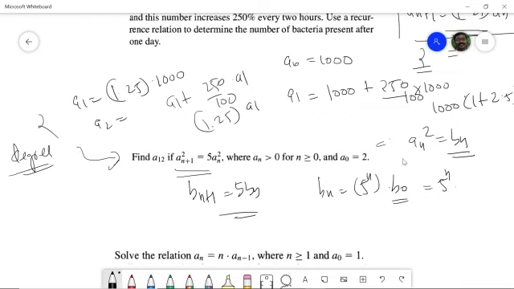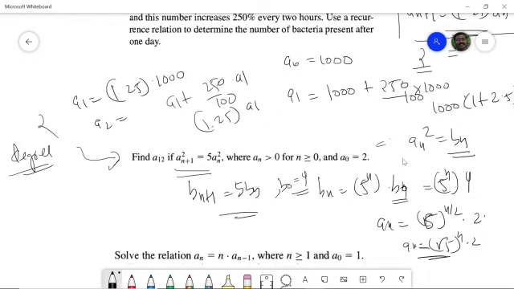Here, if a naught is 2, our b naught would be 4, because we are taking the square of the terms. So the solution is bn equals 5 raised to n into 4. The solution for an, you have to take the square root everywhere, so it is root 5 raised to n into 2. So this problem has been done by a simple transformation. We'll see more of these problems in the next session.